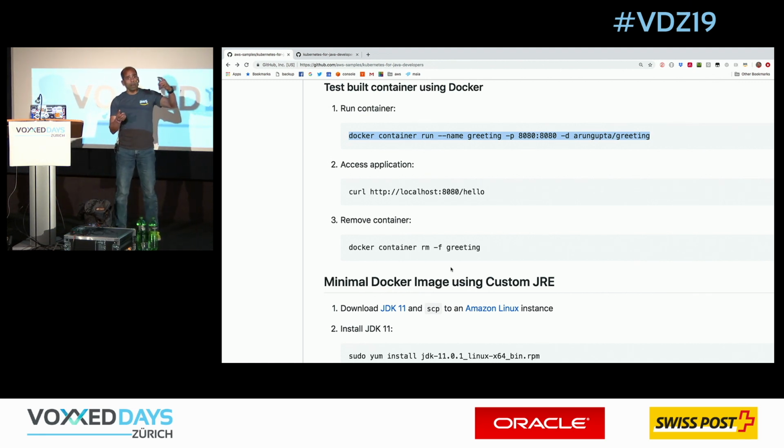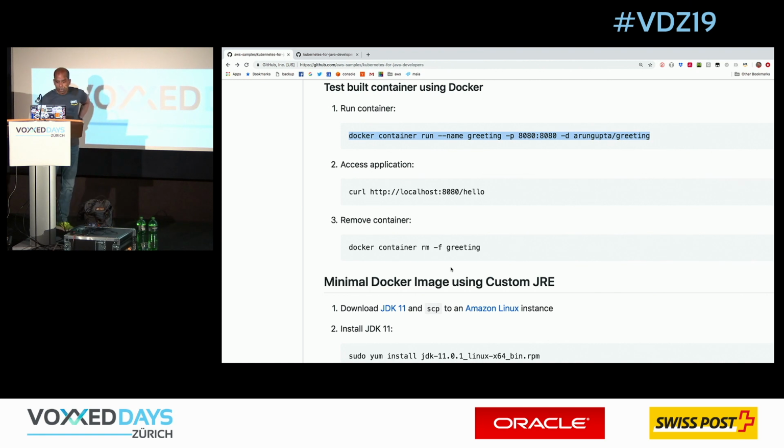And now, once I run it, let me explain the command here. What I'm doing here is I'm saying docker container run, give it the container name greeting, do the port forward 8080 on the host to 8080 on the container, run it in background mode, and this is my image name. So either way, multi-stage Docker file, single stage Docker file, Jib, whatever plugin you're using, you get a Docker image. Now you want to run that image, and then access the exact same URL and expect the exact same output.